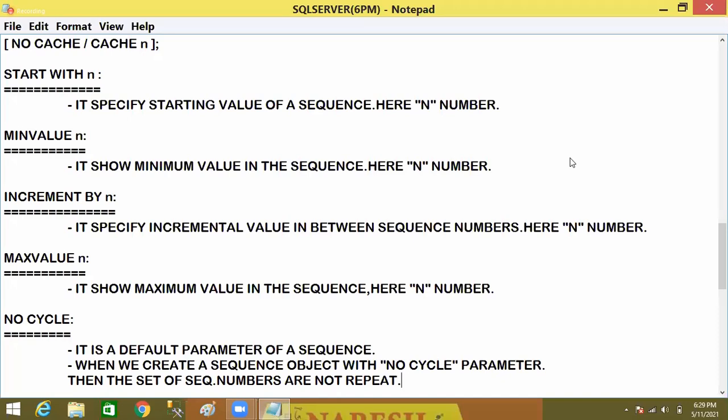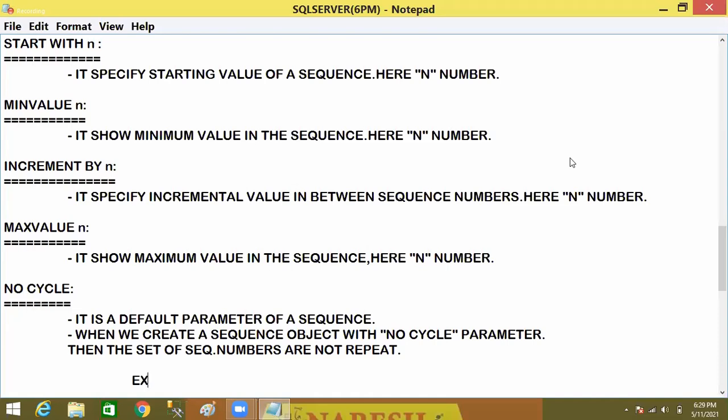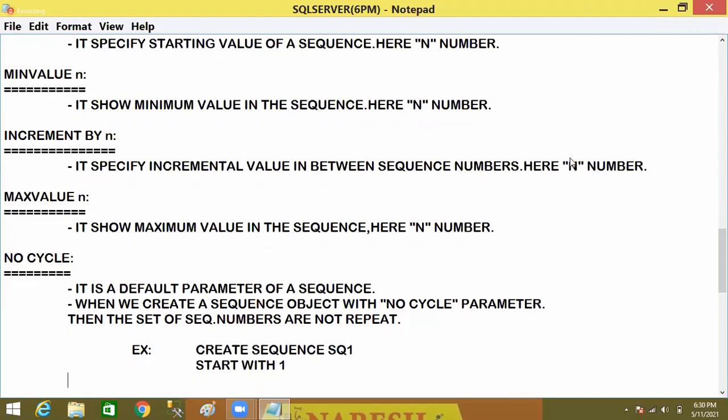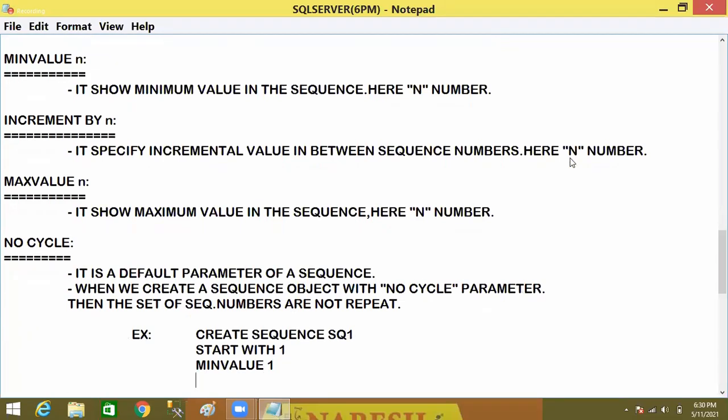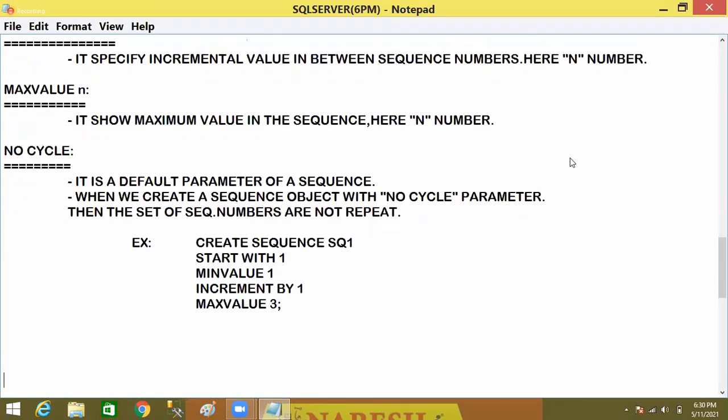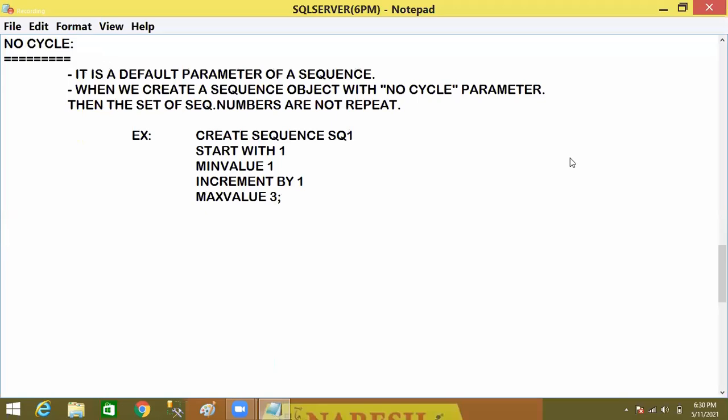Now, for example, suppose you created your sequence object. I'm writing: create sequence sq1, start with value 1, min value 1, increment by 1, and max value 3. Up to here, in this small example, I created my